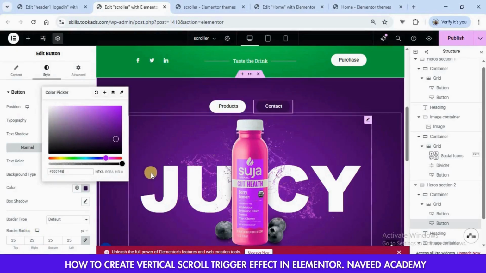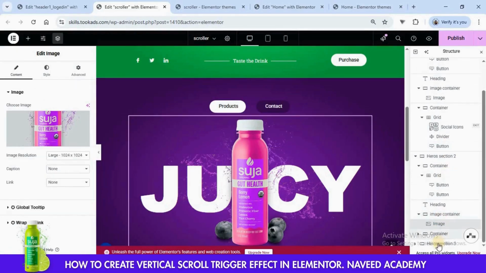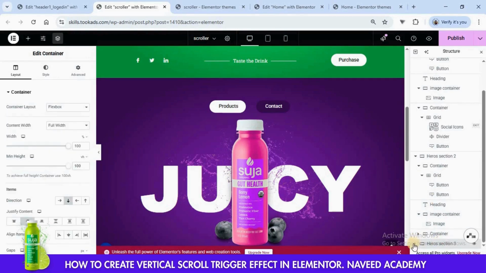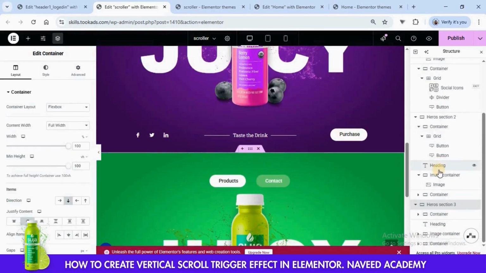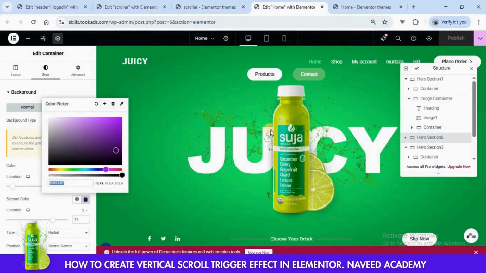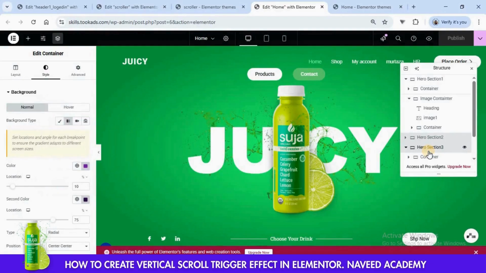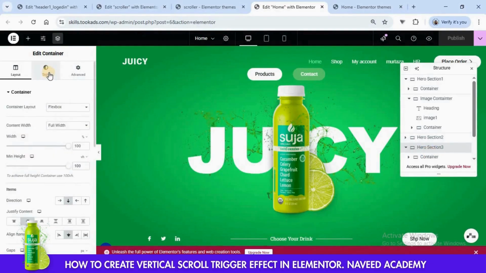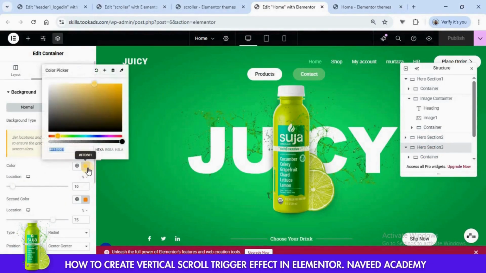After setting the second hero section, go to the third hero section. Go to style and now we need to change the background color. Go to demo, go to style and copy the color.